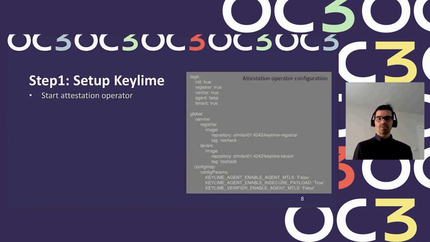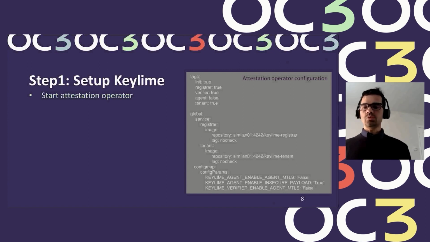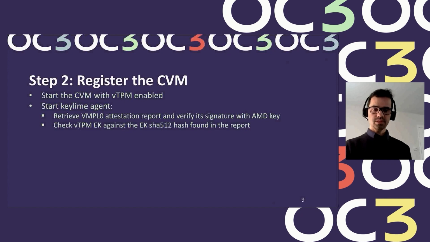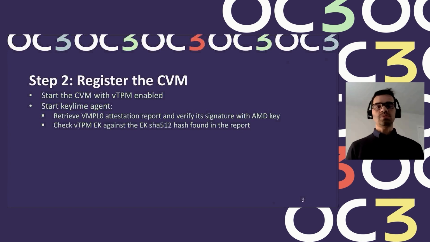So the first step in the demo is to set up Keylime. We're going to provide this operator configuration that shows where to find the image for the Keylime registrar and the Keylime verifier. In step 2, we register the confidential VM. So we start the confidential VM with a vTPM enabled, and then